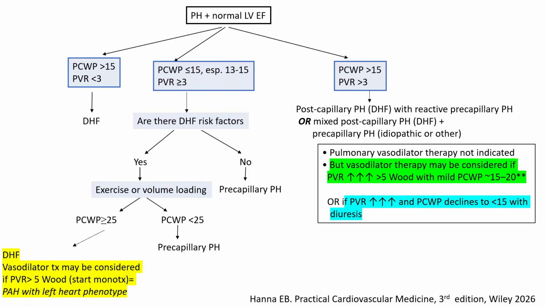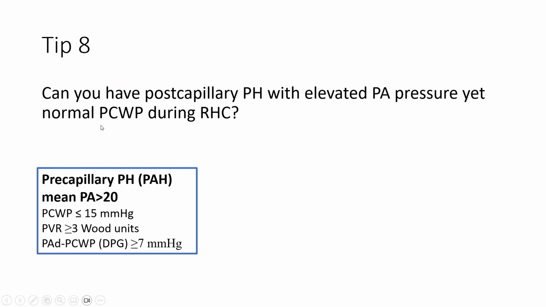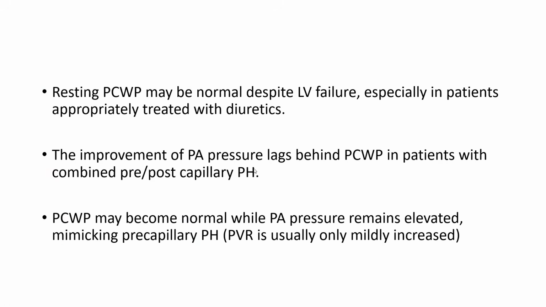First, I want to give you some reminders. Let's remember this. Can you have postcapillary PH with elevated PA pressure yet normal PC wedge pressure during right heart cath? So let's take this patient with precapillary PH, wedge pressure less than 15, and PVR over 3 Wood units. That seems like PAH, precapillary PH. Yet, it's possible that this patient has combined pre- and postcapillary PH, and he has been well diuresed